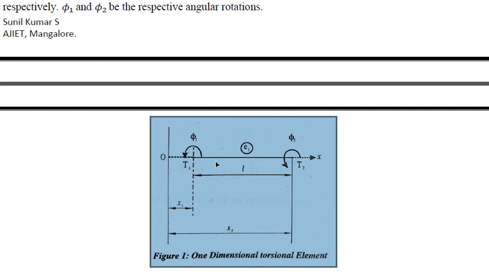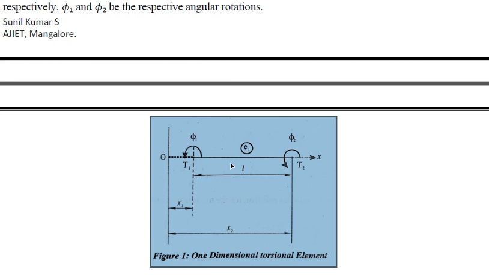With the help of shape function, we can find the global angular rotation phi anywhere over the element, provided I know the values of phi 1 and phi 2. So finding global angular rotation, or global displacement. Angular rotation, to be specific. When we come to FEA, we will call it displacement. The node will displace from one point to another point.